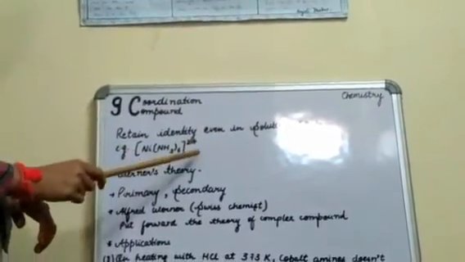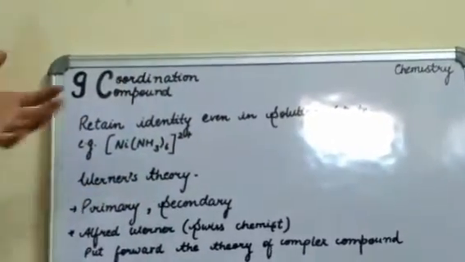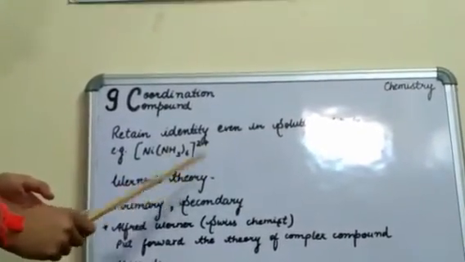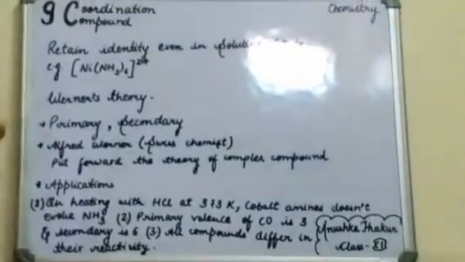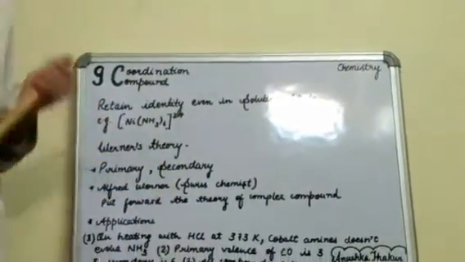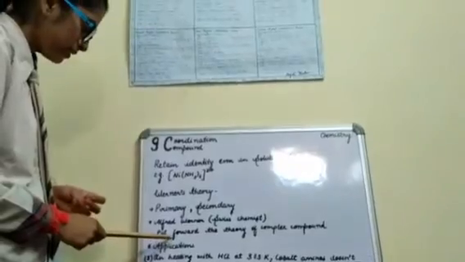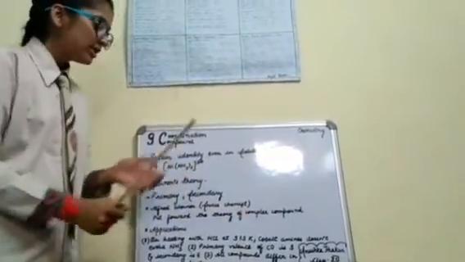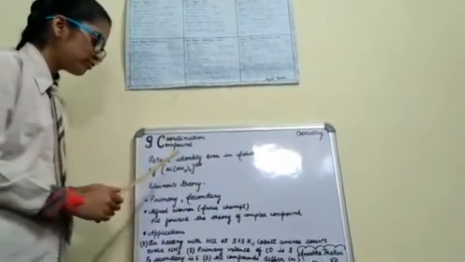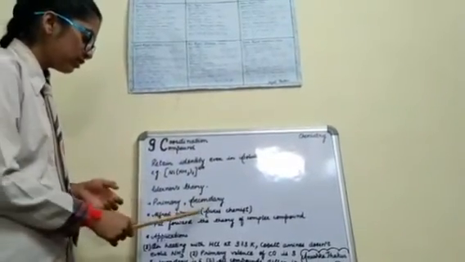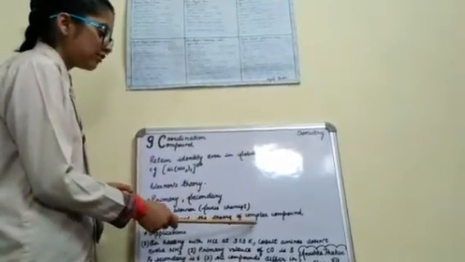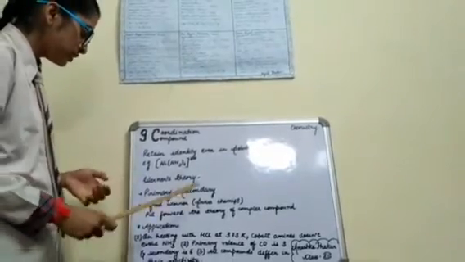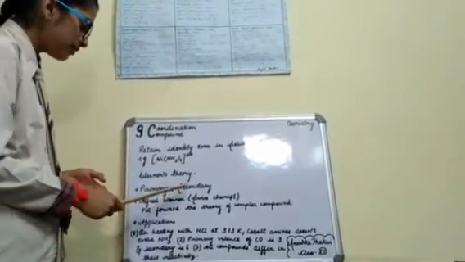For example, you can see here, and Werner's theory. The main thing in this chapter, in the first introduction, we have studied Werner's theory. The full name is Alfred Werner. He was a Swiss chemist. He put forward the explanation of the theory of complex compounds. Complex compound and coordination compound are the same thing. This theory made him very famous in Switzerland. So there are two types of valency, primary and secondary.